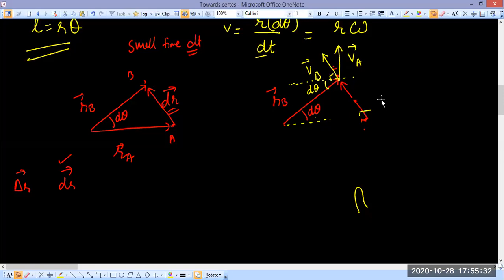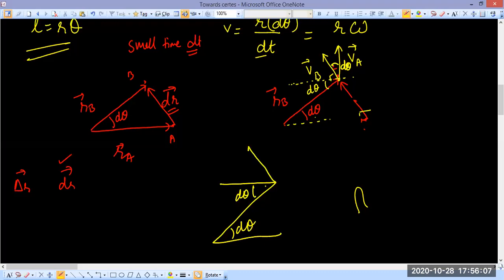drag કરી શકાય, યાદ છે ને? You cannot rotate a vector, you can drag a vector. યાદ આવ્યું? Do you all remember that you can drag a vector, not rotate a vector? Yes, shift a vector, correct. You can shift a vector. So if you shift that here, this angle will also be d theta. કેવી રીતે સમજાવું? અહીંયા d theta, તો અહીંયા d theta આવશે because we have drawn parallel lines.